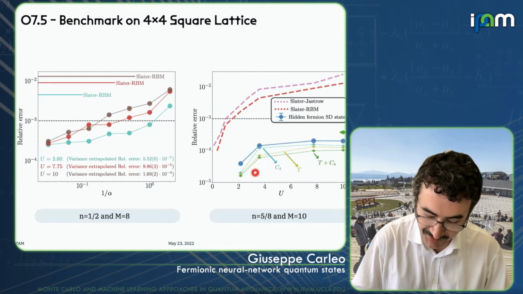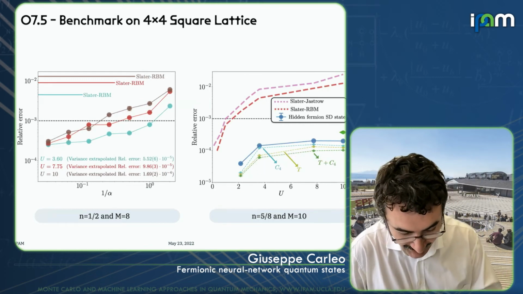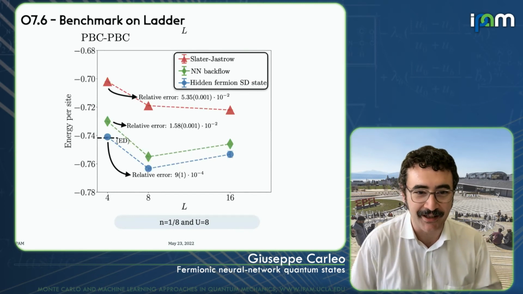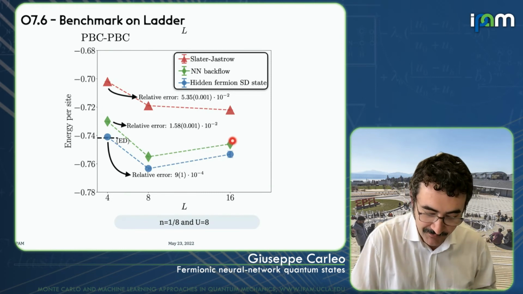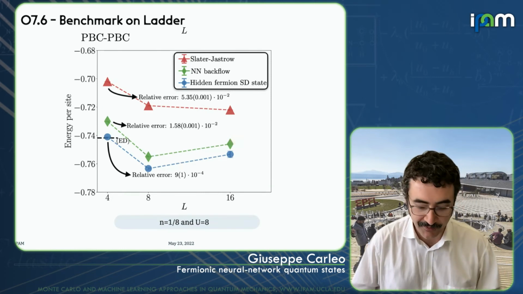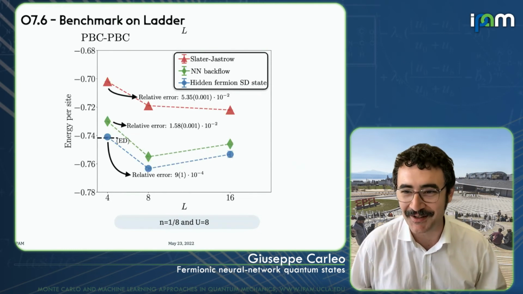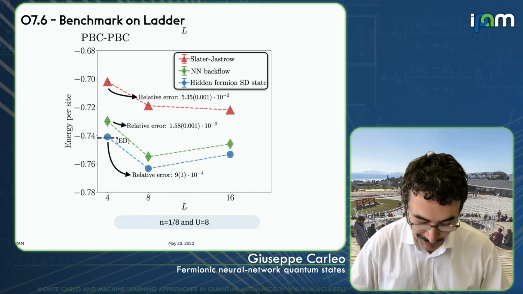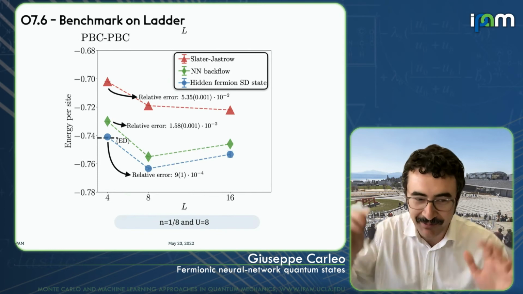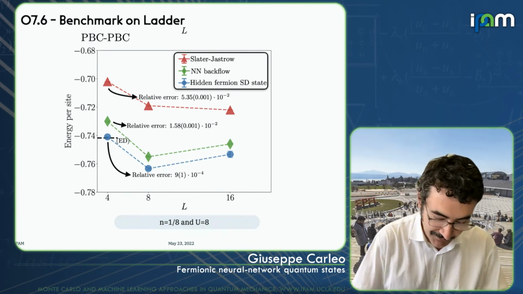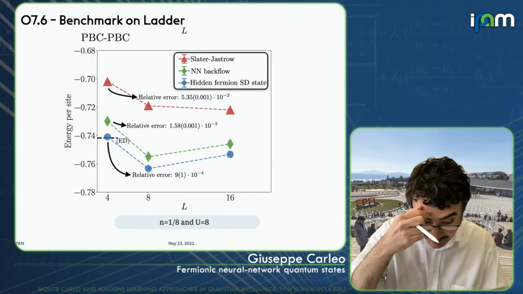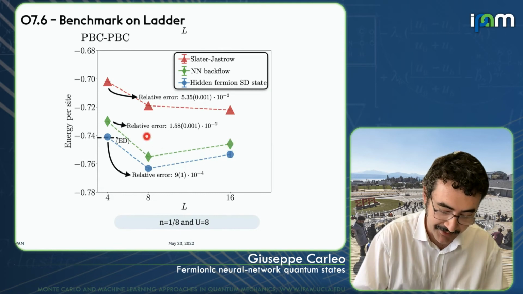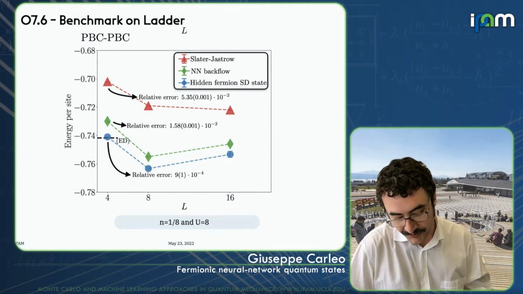Okay, so you can see the behavior on U, which is pretty nice. Now, just to get back to Brian's talk yesterday, this is the comparison with respect to the neural network backflow transformation. I don't know if Brian has more recent results that I didn't get yesterday, because I couldn't follow your talk very closely. But let's say the last published results from Brian, from my understanding, are this one in green. This is on a ladder, and you can see that there is an improvement over the backflow transformation as well by using this hidden fermions approach.